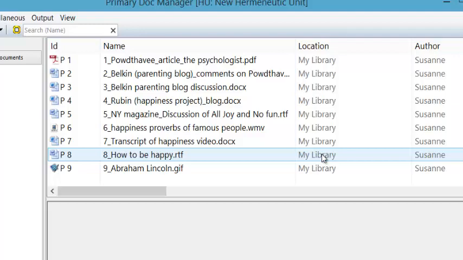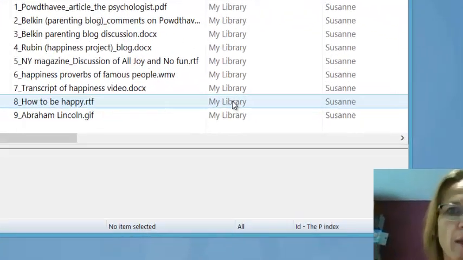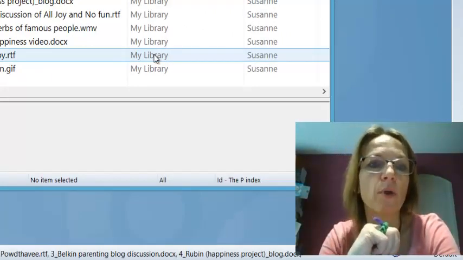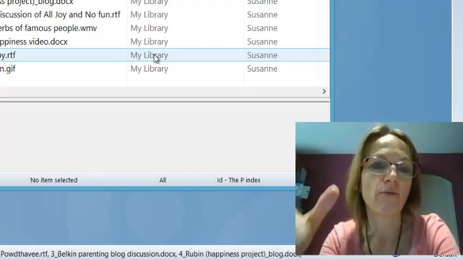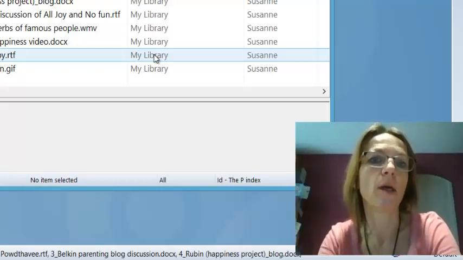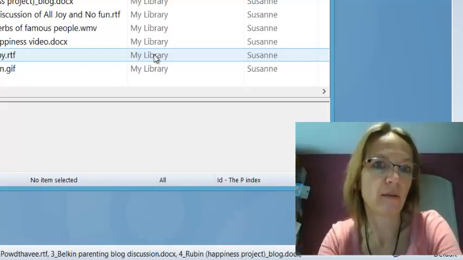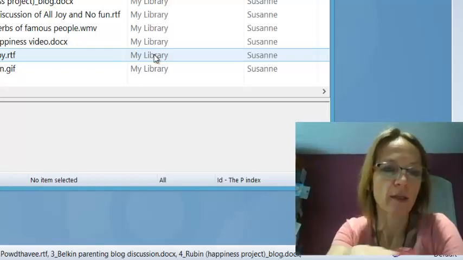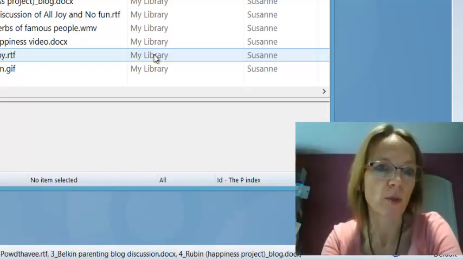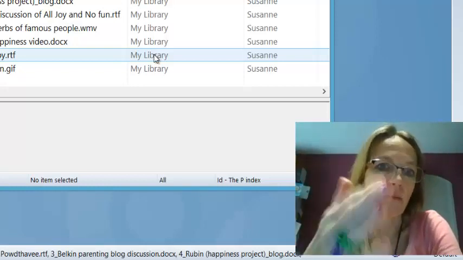If I add these documents now to a different hermeneutic unit, even on my computer, during the process of adding them to the library, they will receive a fingerprint. And so in my second HU, the documents have the same content, the same name, but for Atlas, they're not the same documents,